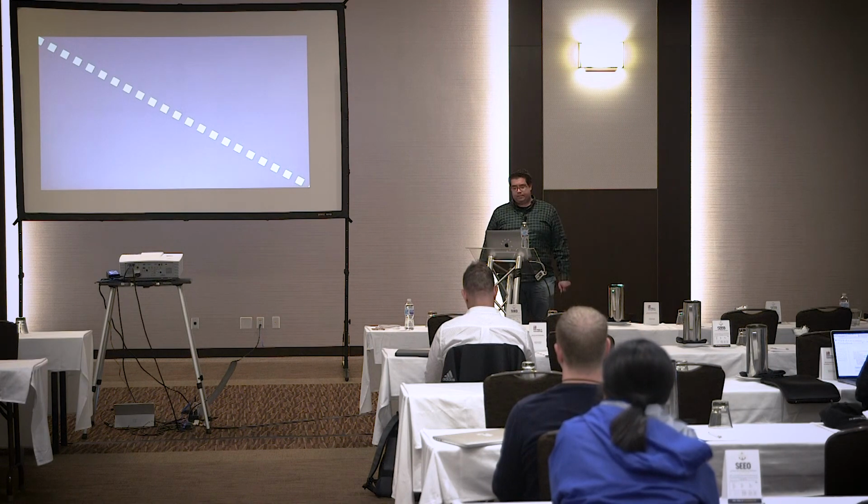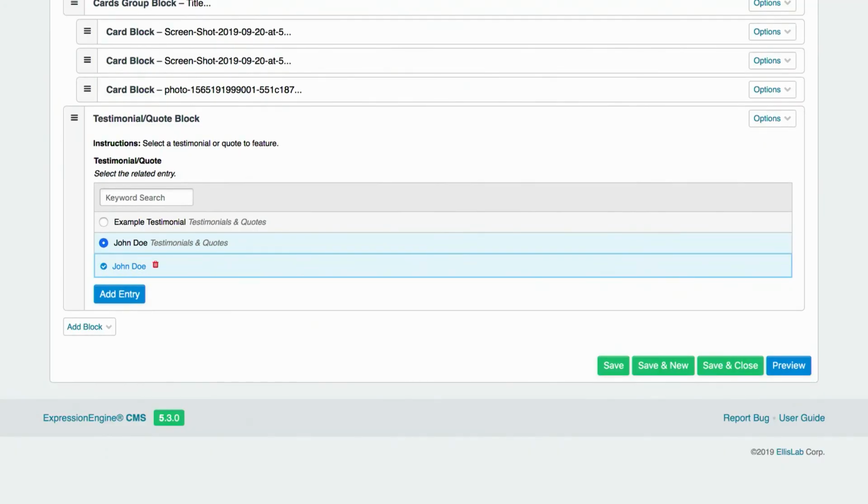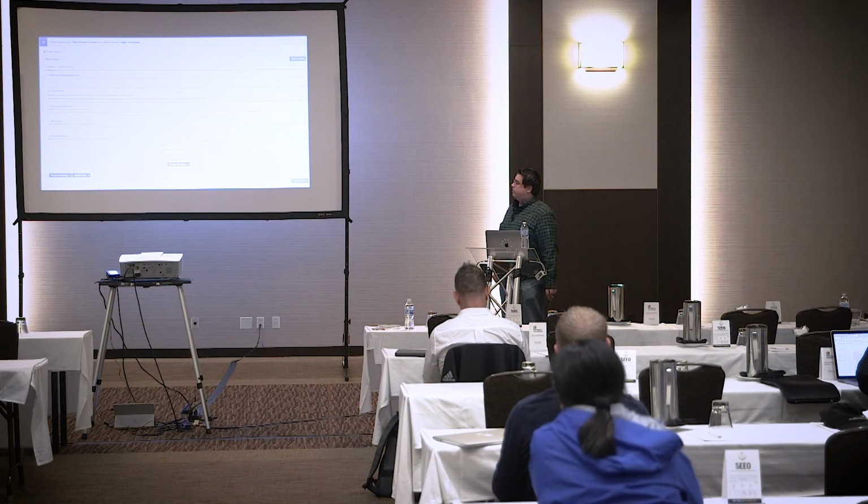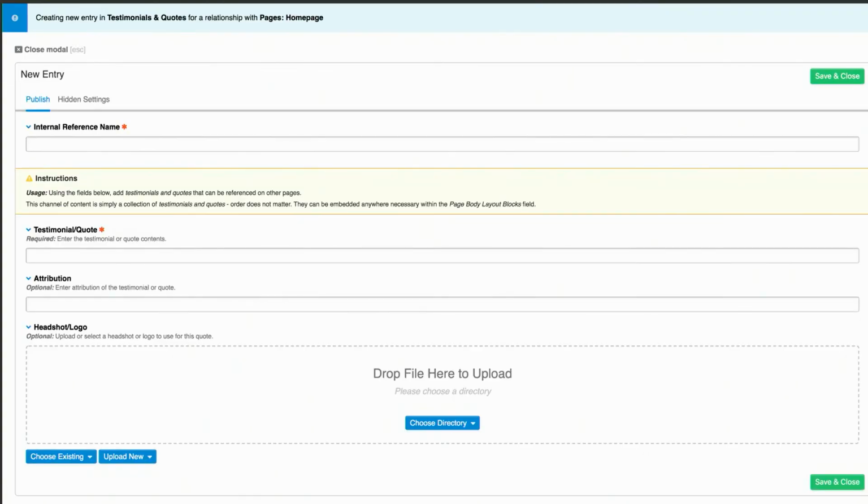So then finally, we're going to look here in the middle of the spectrum, sites that have a little bit on each side. Going back to our ExpressionEngine site, we're still having our page builder here with blocks, but you'll notice there's another block type there for our testimonials and quotes. And this is pulling information from our testimonials and quotes channel. We're able to select that, and if we look at what that consists of, it's a testimonial, so we have our quote, attribution, and an optional headshot or logo that we want to feature. So that's stored separately, and then we're able to include it in our page builder and indicate where we want this testimonial block to show up.